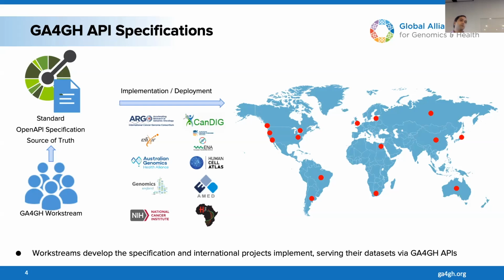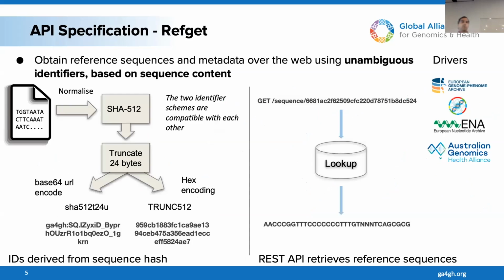However the implementer wants to develop their infrastructure, as long as they implement the API completely, then we say that's a valid implementation of a GA4GH API. So just to go through some API specifications that might be more relevant to